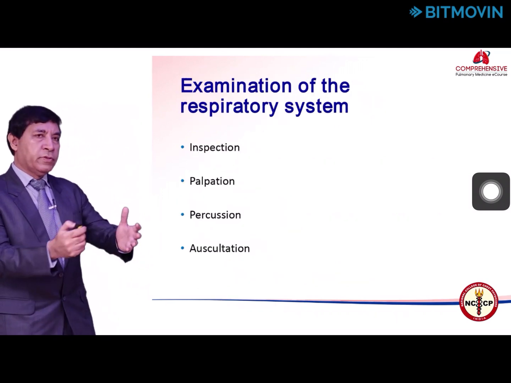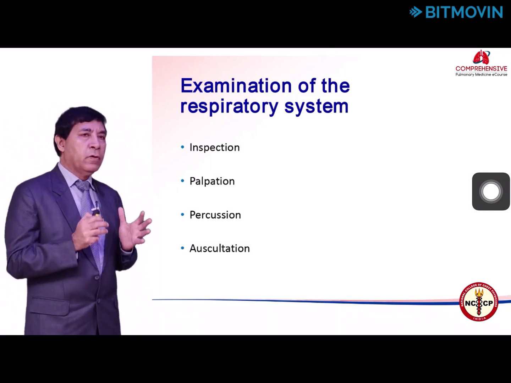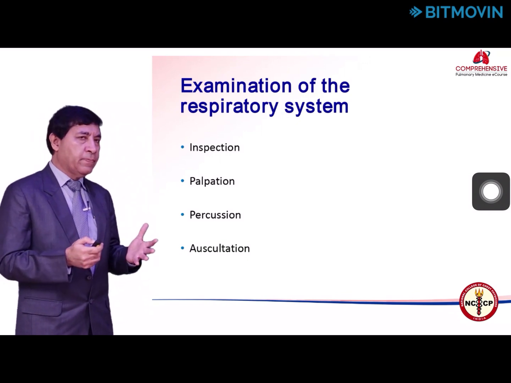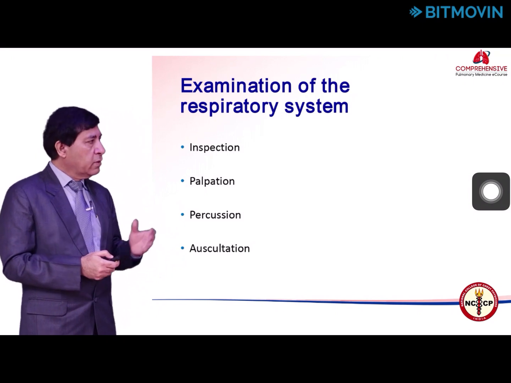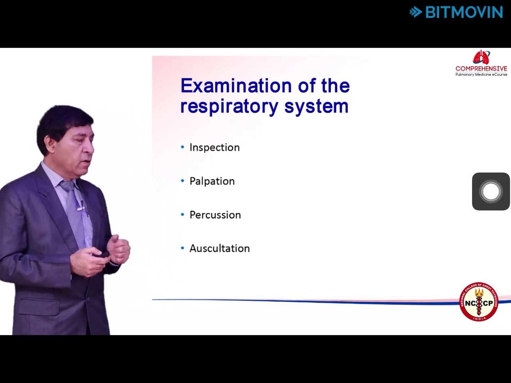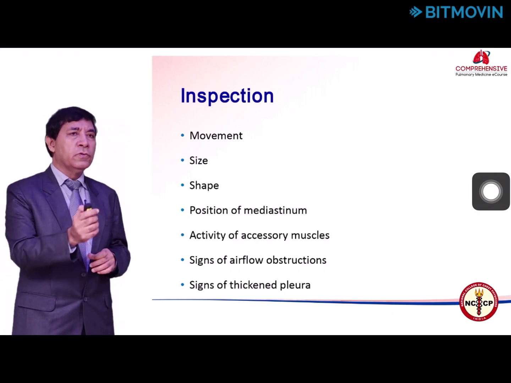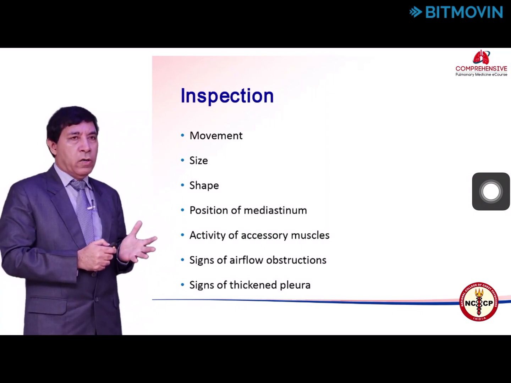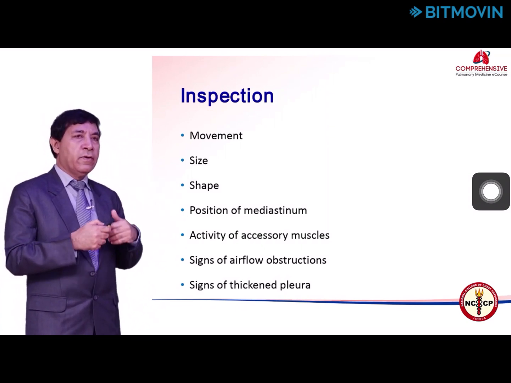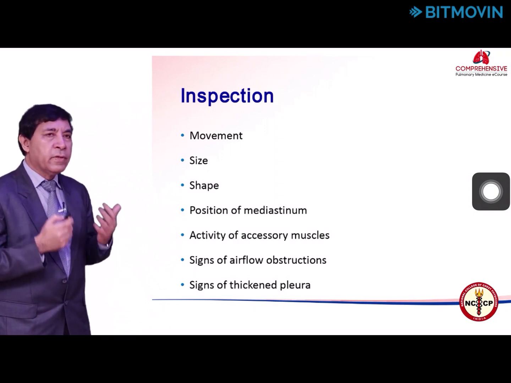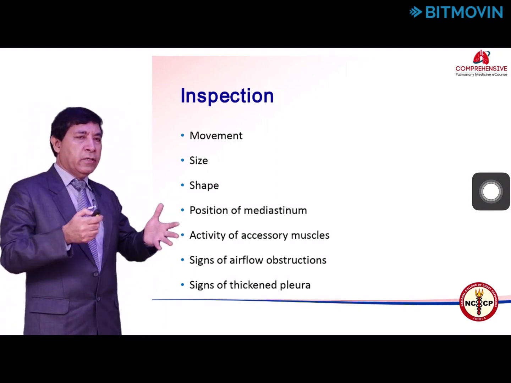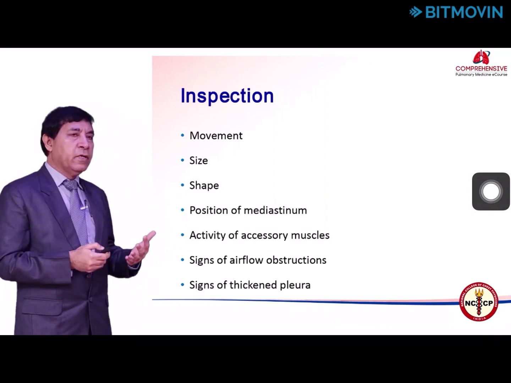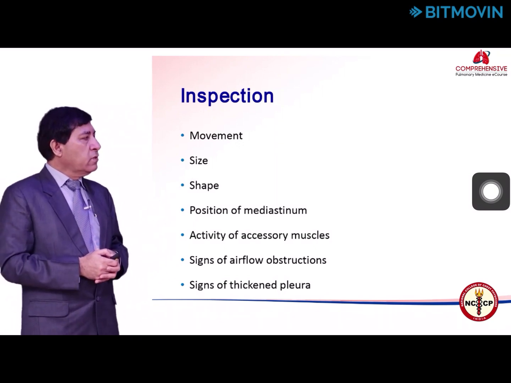Now, when you start examining your patient, it is very important to go systematically. The examination has been divided into 4 conventional steps you are all aware of: inspection, palpation, percussion and auscultation. Once you start inspection, it is very important that you follow a particular order. The importance of this order is that the first examination, inspection, creates a list of differential diagnoses, and the subsequent examination helps you in narrowing down this differential diagnosis.